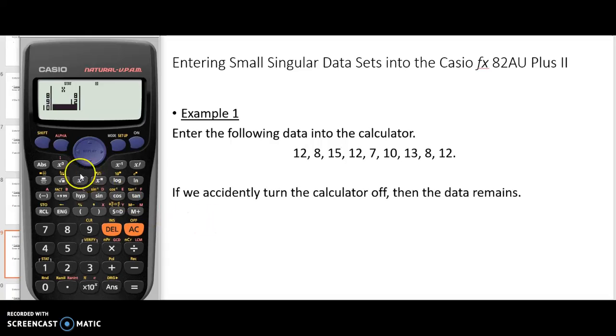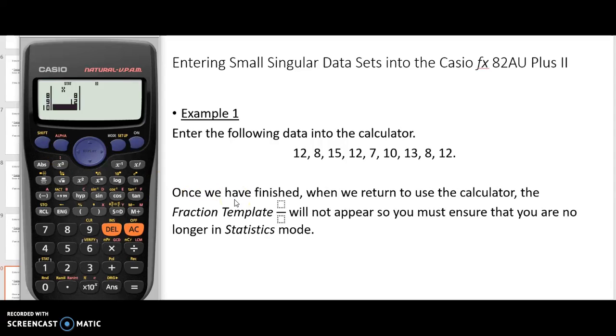What happens if we accidentally turn the calculator off? Well, in this mode, this won't let me turn it off, but when I do, by pressing Shift the All Clear and turning it off, my data will remain there. Okay? The only time my data will go off or out of the calculator is when I come out of statistics mode, and I'll show you that later. So, we've got to be careful though, when we have finished,